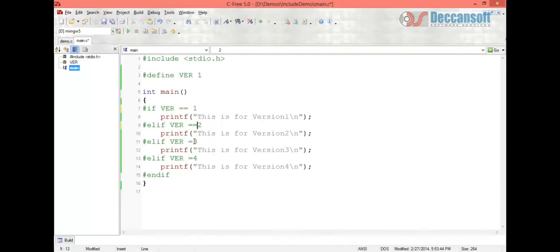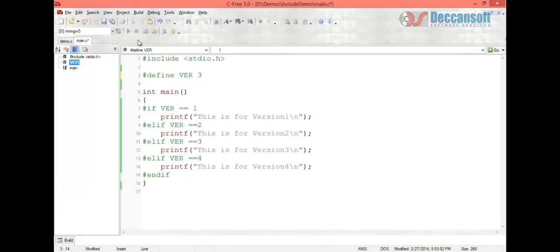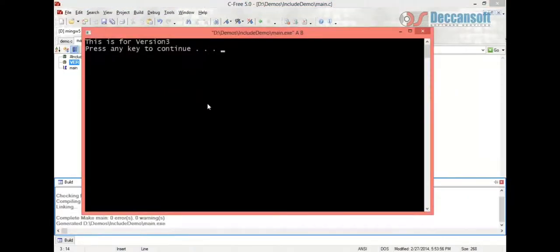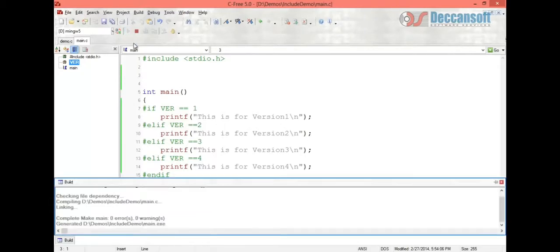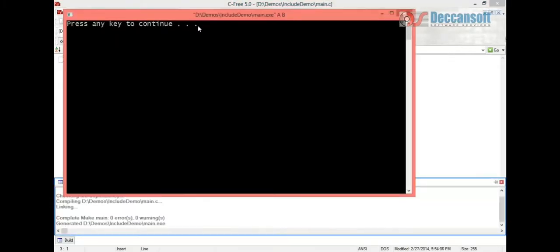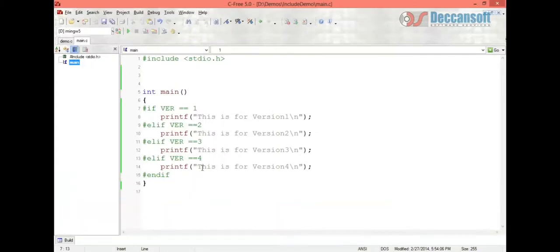Version equal to 1, version equal to 2, version equal to 3. So if it is version 3, it will print only version 3, because we have not given a greater or smaller sign. Otherwise it is an #elif condition. It will print only the exact value as defined by the preprocessor.